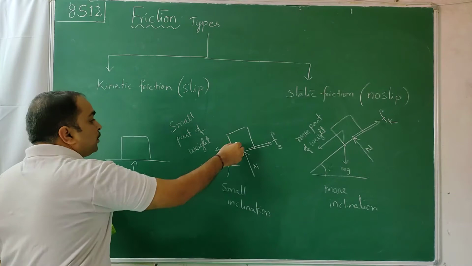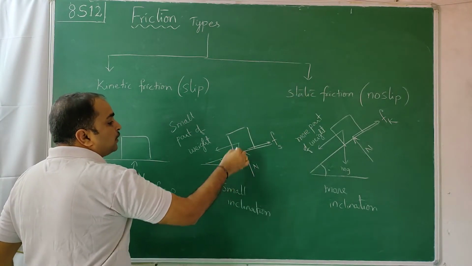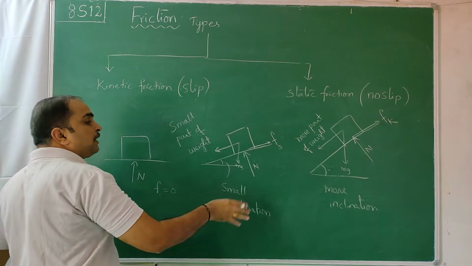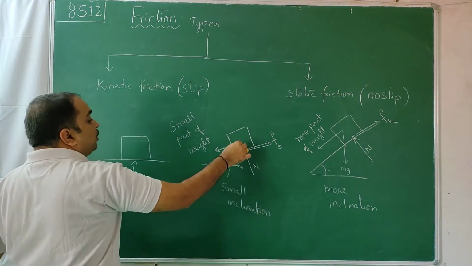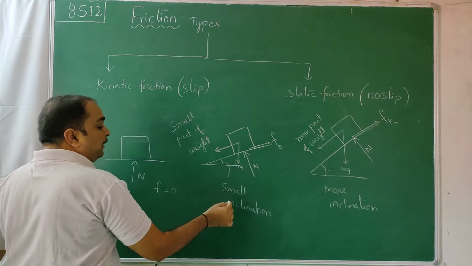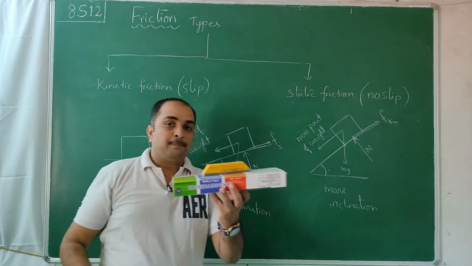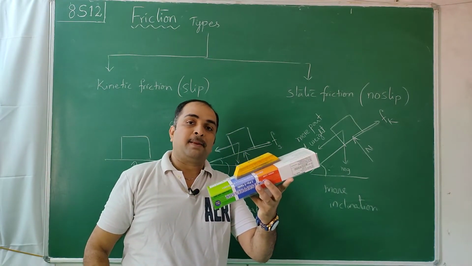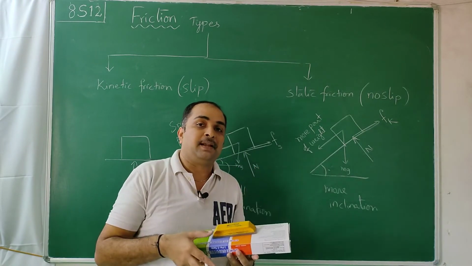But still, you know that on an incline, the weight will have some part along it. See, this is the weight. A small portion of weight acts like this. When the inclination is small, a small portion will act. When the inclination is complete, the full weight will act. So a small part of weight will act for a small inclination. In that case, it is not slipping. But still there is a rupture between the surfaces which we can't see.